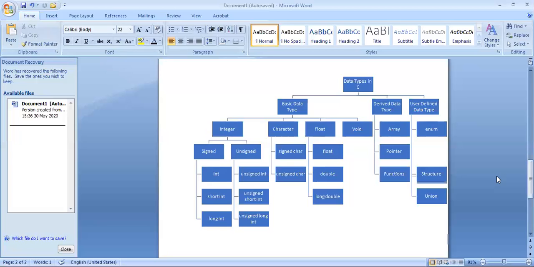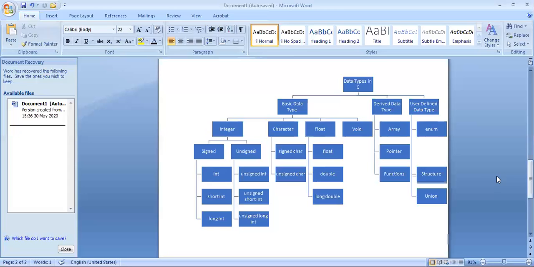Basic data types are again divided into four parts: integer, character, float, and void. We see that integer is again divided into two parts: signed and unsigned. So the very name signed and unsigned tells us that there is some matter of sign maybe.